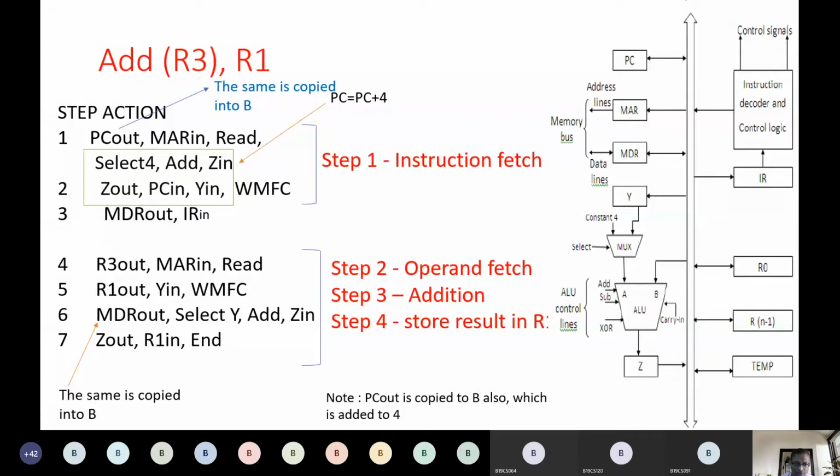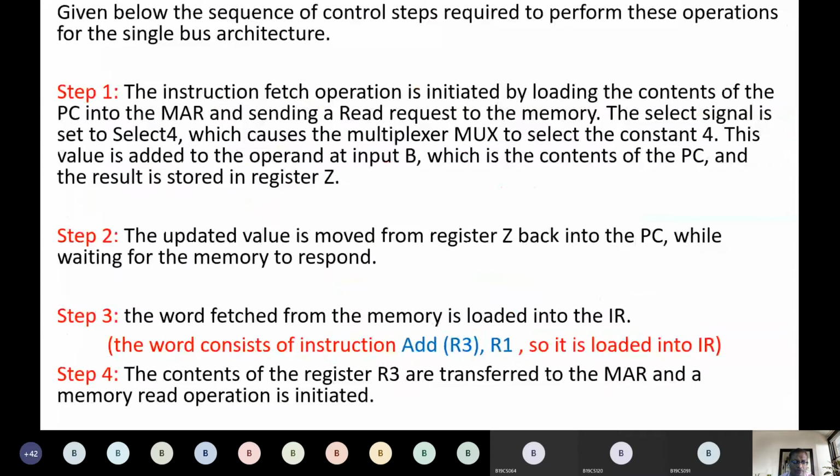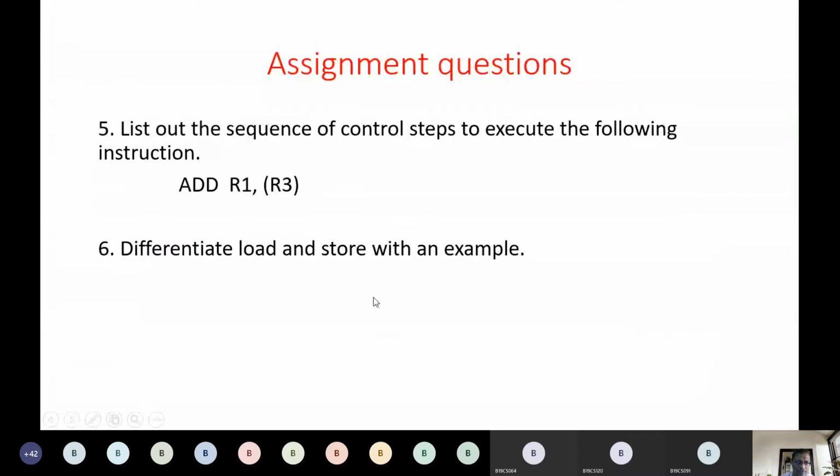If you have any doubts, you can still ask me at this moment. If you have any doubts in this part, ask; if not, we will go to the next slide. If you have any doubts, you can go through all these steps, step 1, step 2, step 3. The description of what happens in each step is given there. Whatever I just explained is written in these multiple steps. We are done with this assignment part also.